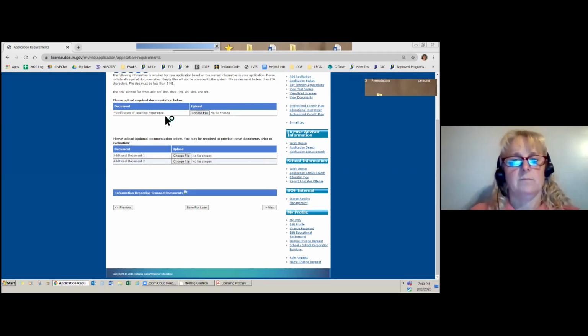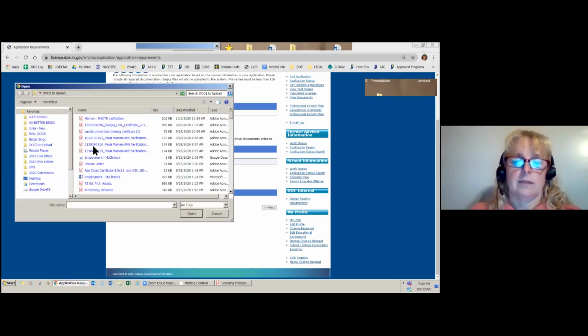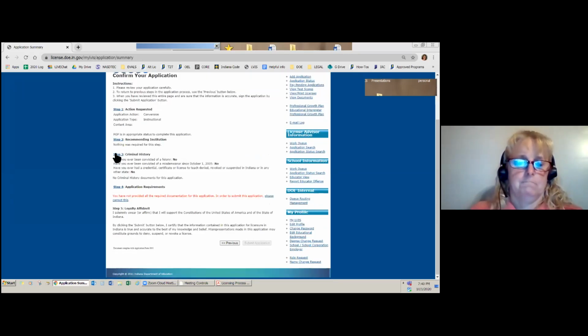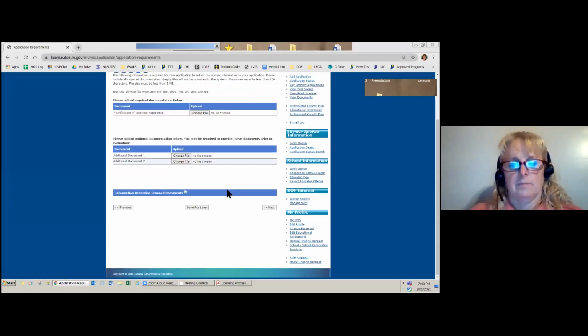You'll choose your file by clicking that. Sometimes it says choose file, sometimes it says upload documents. So you'll choose your file and move on from there. And then when you click next, as long as everything is uploaded, then you can submit your application. Let me go back here. Let me show you. If you click save for later,